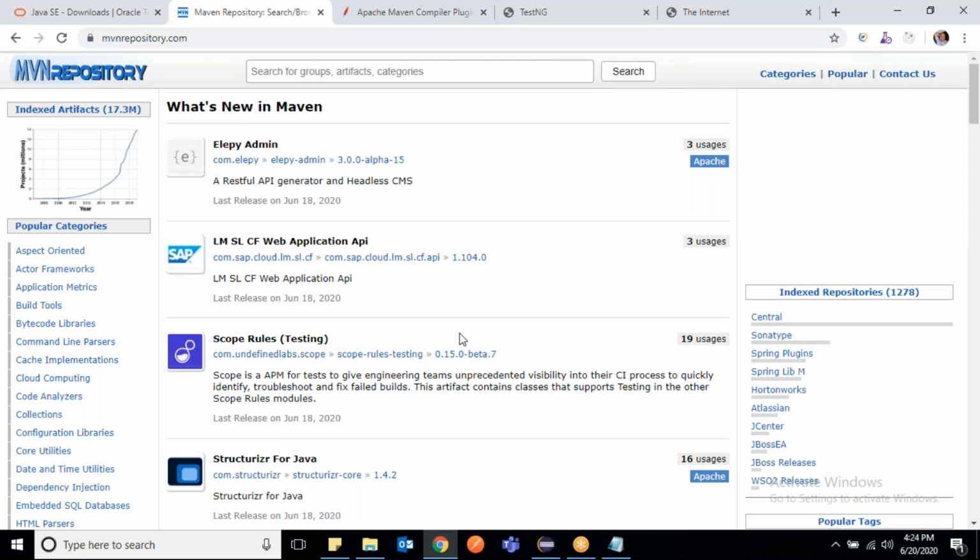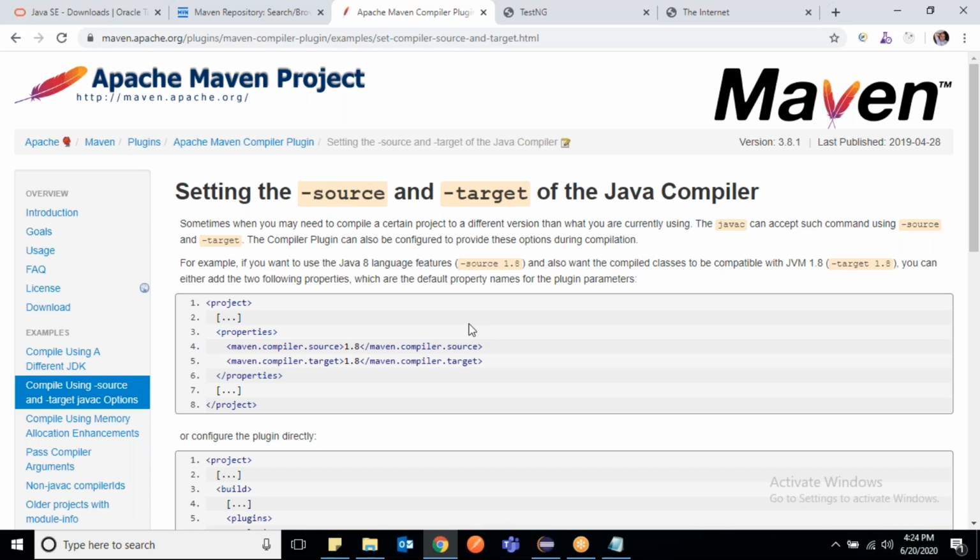Okay, all right. So before that, we need one more thing. We need to tell this like, you see here, I went to this Apache Maven project website, and we have to tell what kind of compiler it should look for. So let us copy this. This is for the Java version which is installed on your laptop. So copy this,